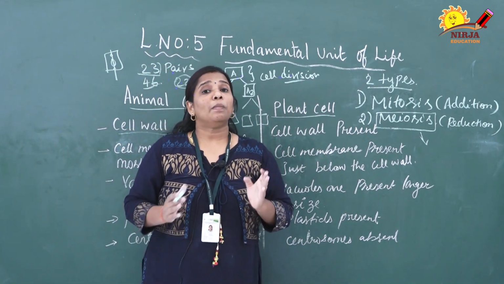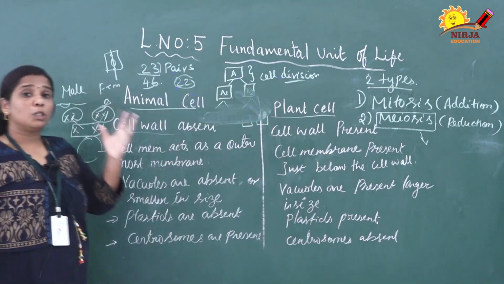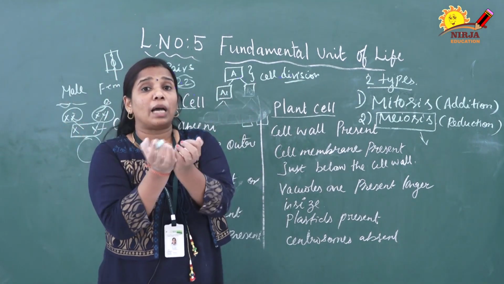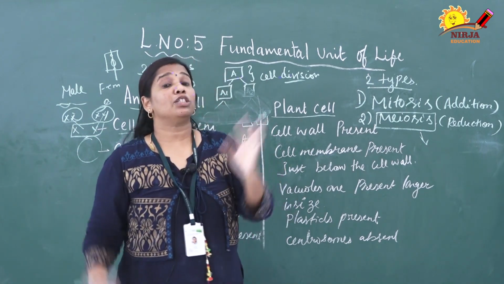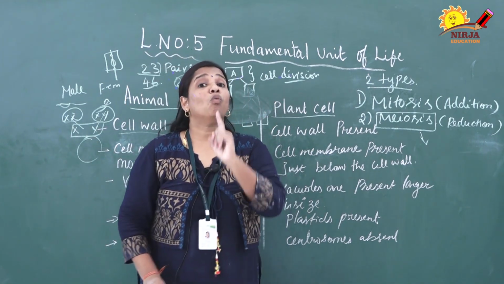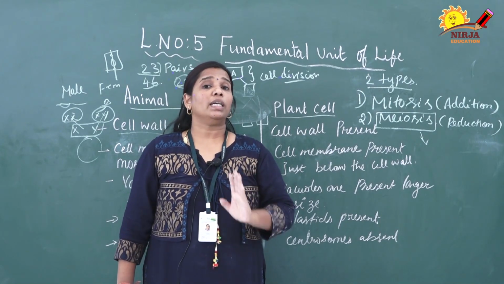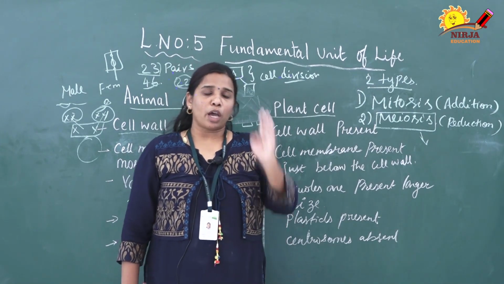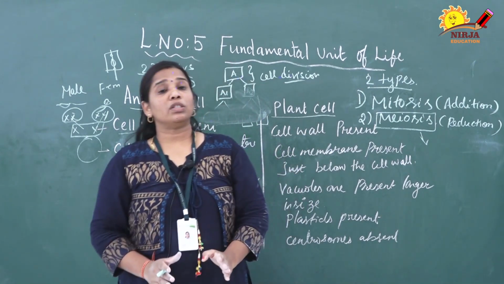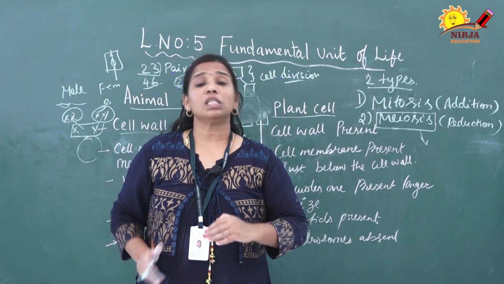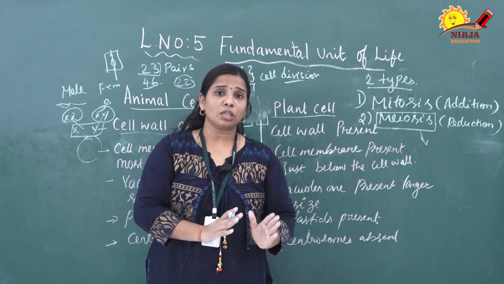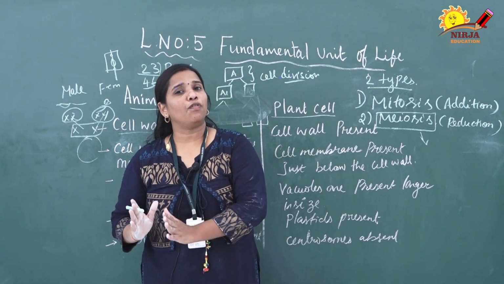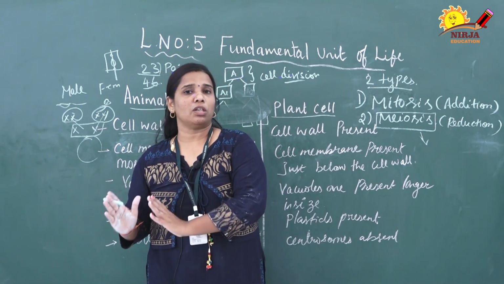That is called meiotic cell division. The sperm and ovum combine to make one embryo. That is called reduction: two are combined into one. So that is called meiosis. I hope you have understood. Cell divisions are of two types, meiosis and mitosis. Here you should know only cell division, the types, and the definitions of mitosis and meiosis.